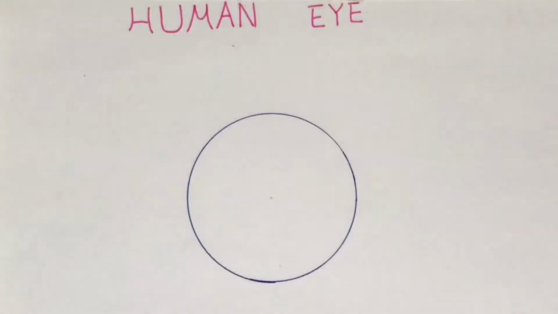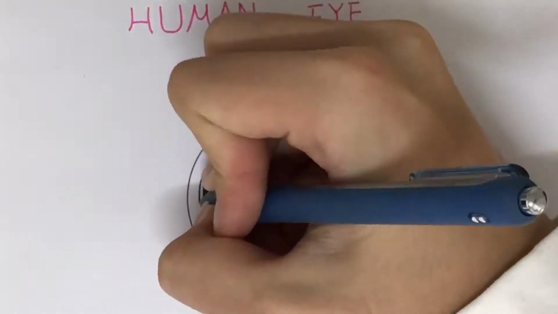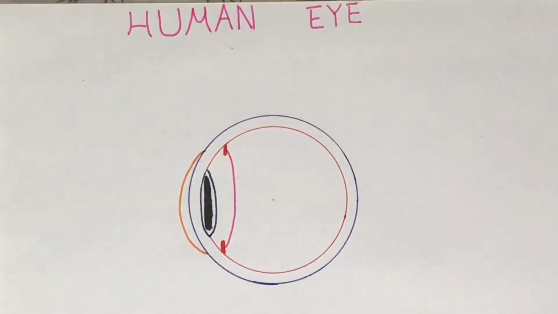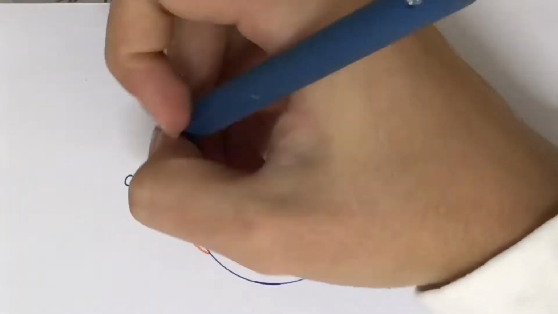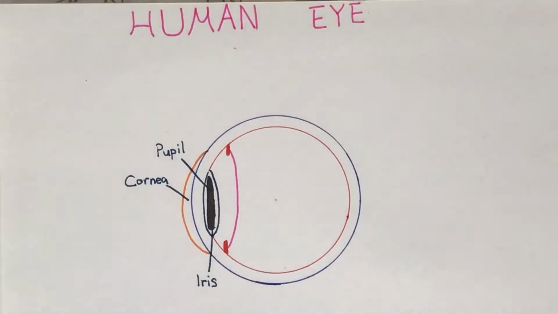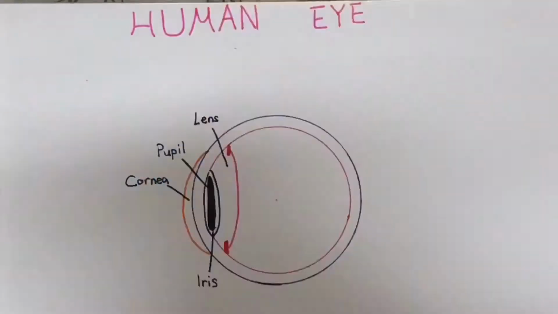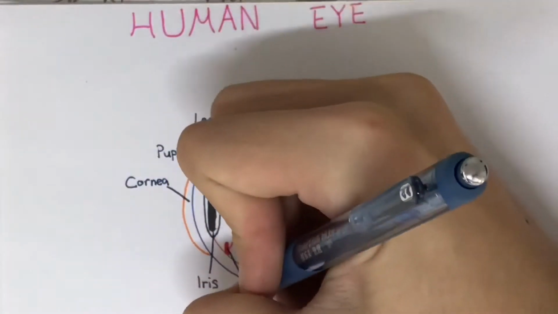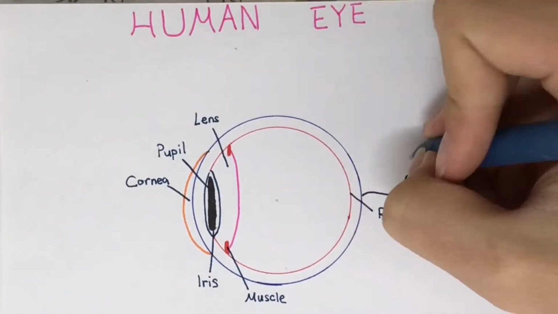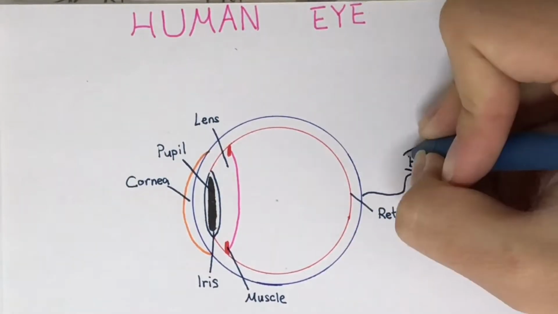Now, I'm going to talk about the human eye. The human eye is such a complex organ, and it is one of the 5 senses we cannot lack to have. Here's a drawing of our eyes. Starting from the outer layer, we have the cornea, which is responsible to allow light in. Inside, we have the pupil, which controls the amount of light that's entering our eyes. The iris controls the size of your pupil, and the lens helps to focus the image. The muscle helps to change the shape of the lens, and the retina receives the focused light and converts it into